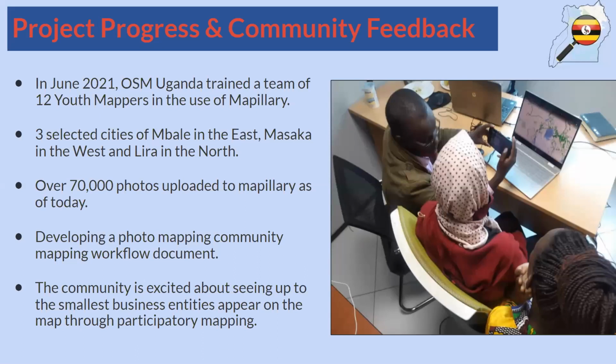So about the progress, we have already trained a number of youth mappers that we are able to capture street level photos in some of the 3 cities, including Mbale City in the east, Masaka City in the west, and Lira City in the northern part of Uganda. And within those cities, we were able to upload over 70,000 photos onto Mapillary using the Map Uganda Mapillary account